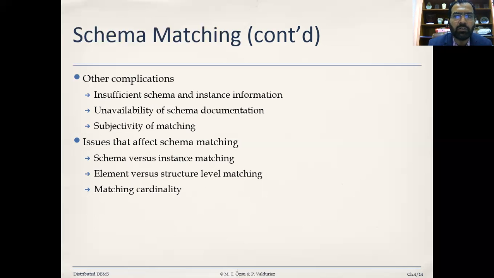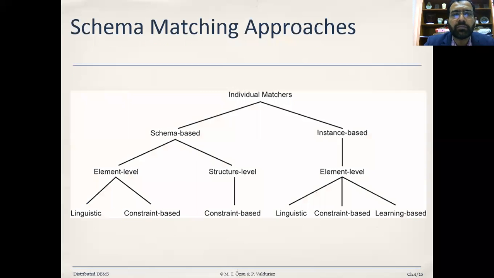So sometimes we are also interested to know how many times that particular instance matched with the schema in the other relation. If you combine all those approaches, you will get this sort of a tree,